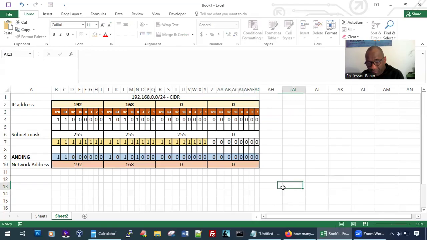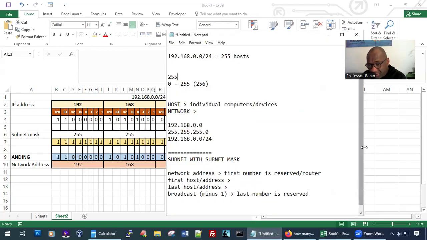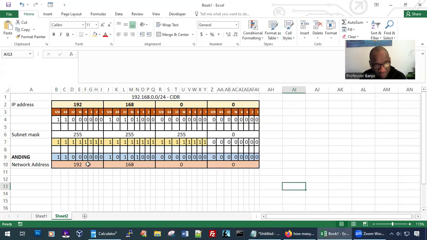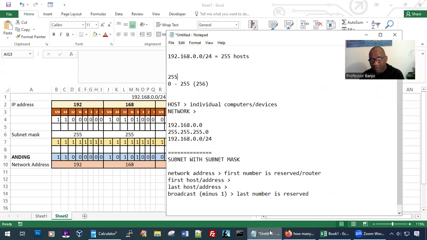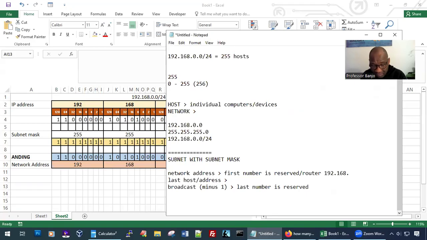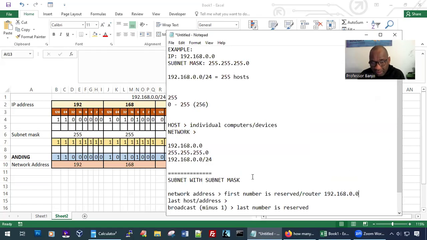All right, so this is 0. So basically, if we come back here, your first address, your network address, is the IP we had. So the network address is going to be exactly that: 192.168.0.0. That is the address of your router, or your gateway. Now let's look at